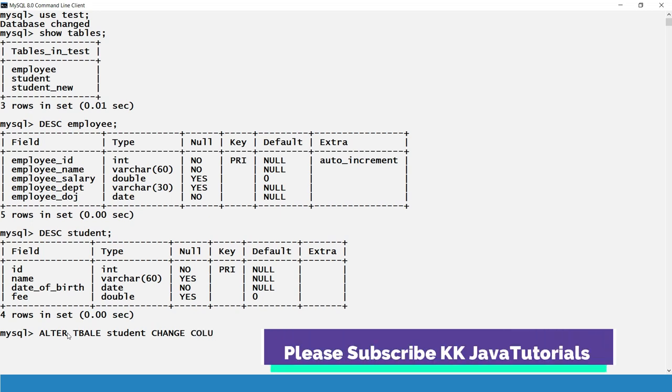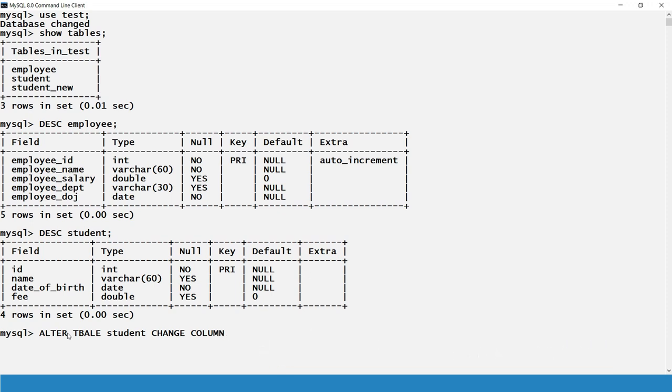Of course, I am typing a few things in capital just to follow the standards, but you can type in small letters as well. Then you give the column name, and again the column name. Then the data type of the column, which in our case for ID is int, as you can see over here. So int, and then you have to write auto increment.